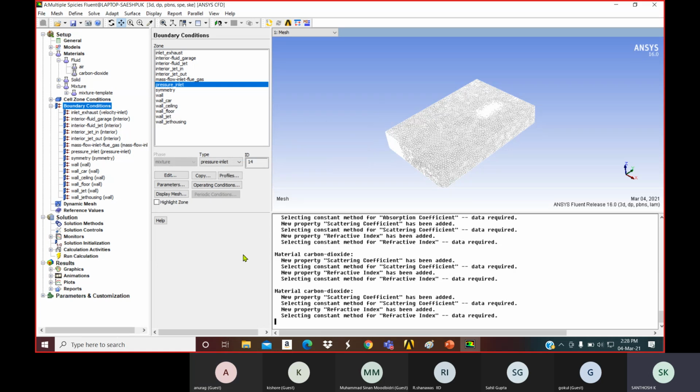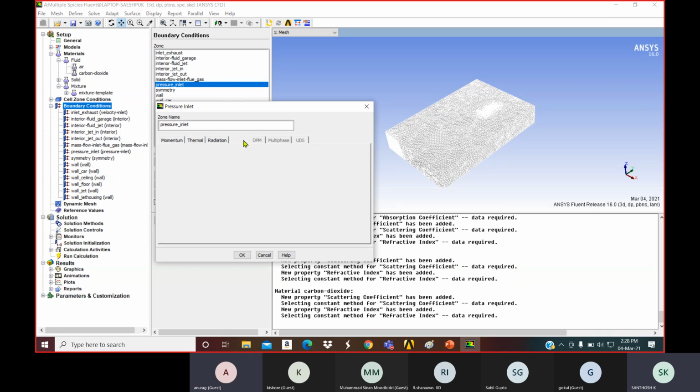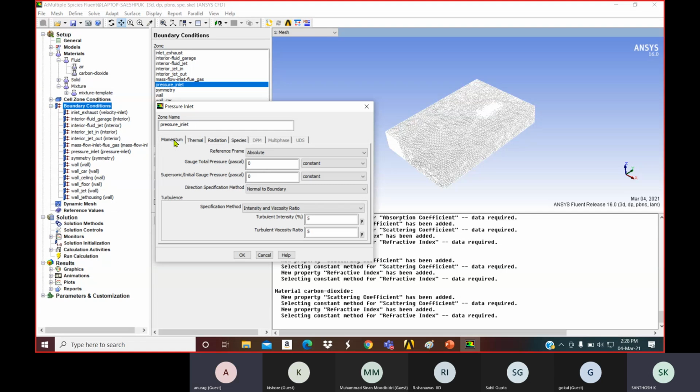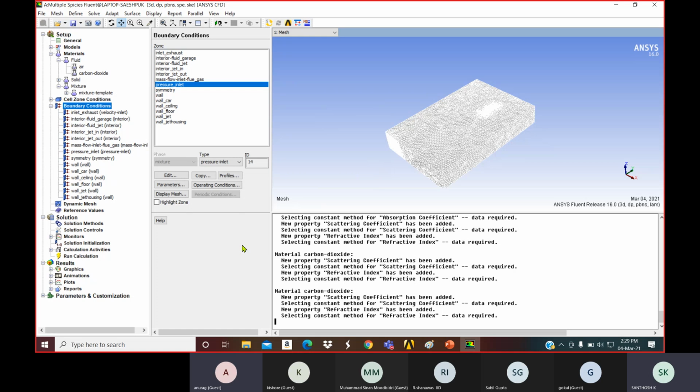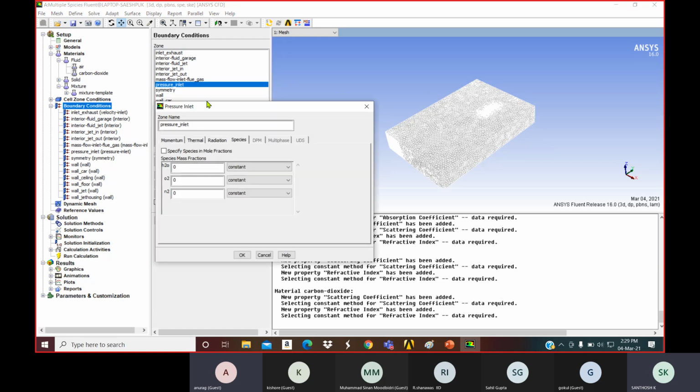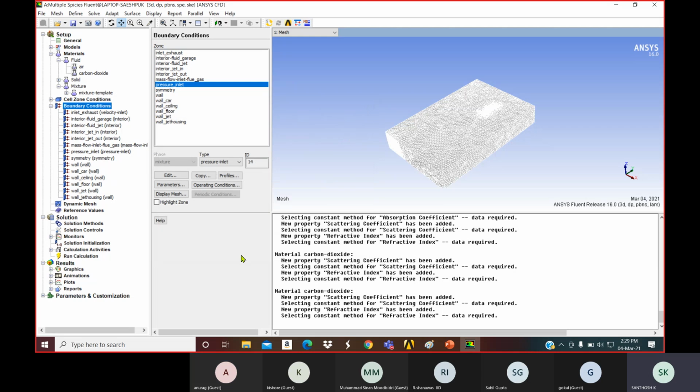Now next is the pressure inlet, we have the species, radiation. So black body radiation, no. So this is 293.15, internal temperature. I'm going to give this one. So next, at the inlet region itself,